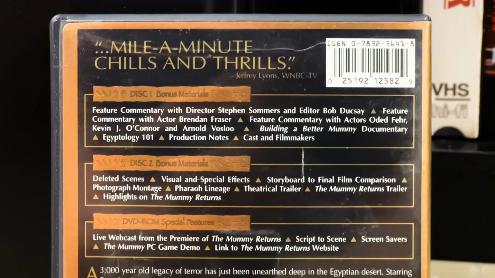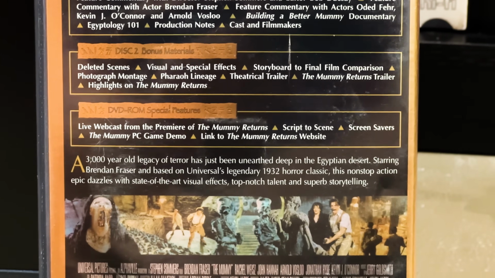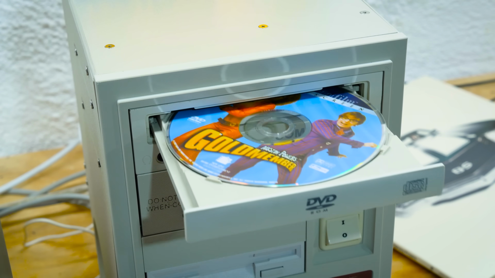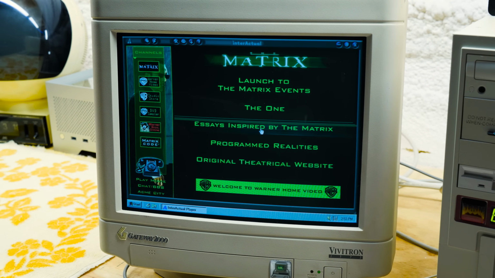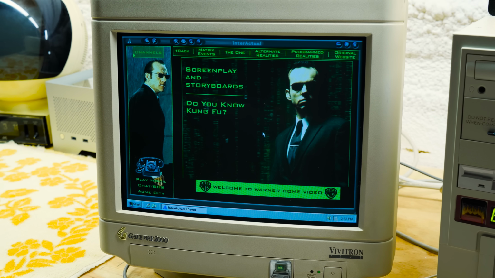When was the last time you thought about DVD-ROM special features on DVD movies? Because I honestly, until a couple of years ago, had kind of forgotten about them. And I'm not talking about the special features that you got just playing it in a normal DVD player. I mean, when you insert it into a DVD-ROM on a computer running Windows 98 or XP or whatever, you got a special player and software and wallpapers and screensavers, games, interactive scripts, all kinds of extra things that you only got if you inserted a DVD into a PC.